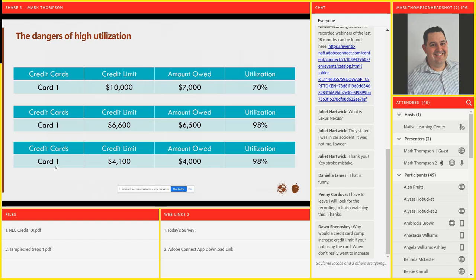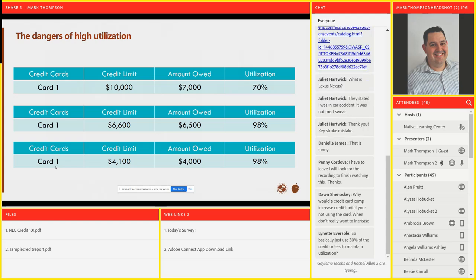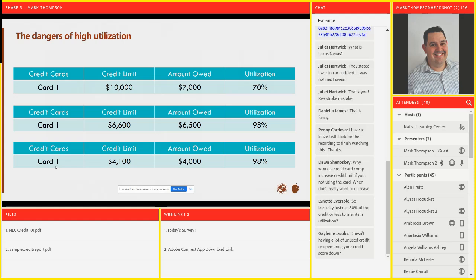Generally, if you're using it but you're paying it off, sometimes you can ask them and they will increase the limit, because obviously they know if you're regularly using the card, even if you're not charging a lot on it, they may give you additional credit because they want you to use their card, right? Hey, if you have more room, maybe they'll charge more on it. So that's one of the reasons. As long as you have good credit, they want to give you as much credit as possible because they want you to charge with them.